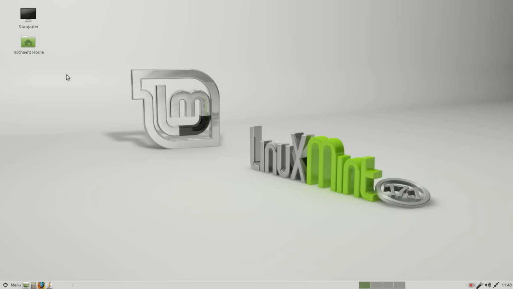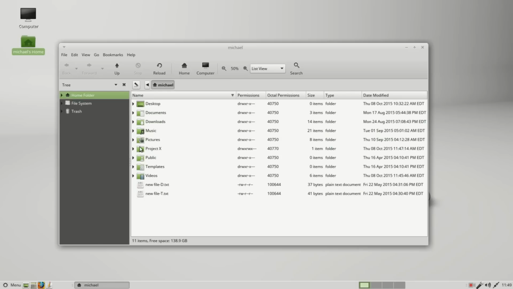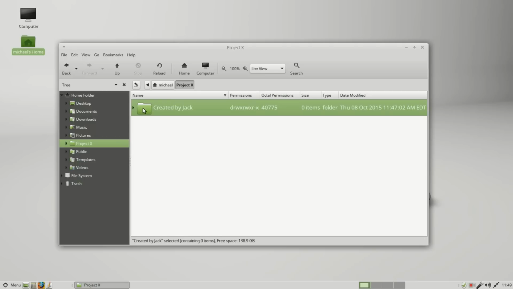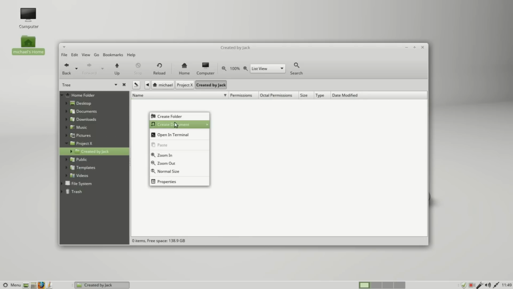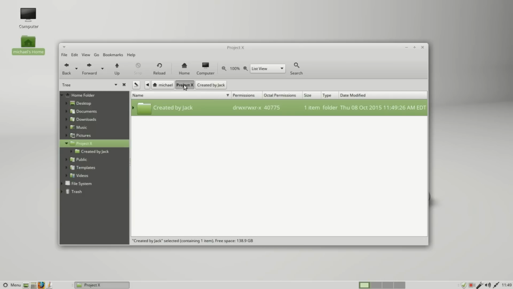I'm logged back in as Michael, going into the home folder, my Project X folder, and here we see the Created by Jack folder. I'm going to double click, right click, and I can create a folder or a document. We'll create an empty file. We'll call this createdbymichael.txt. And that shows that Michael and Jack can both update and add folders and files using the Project X